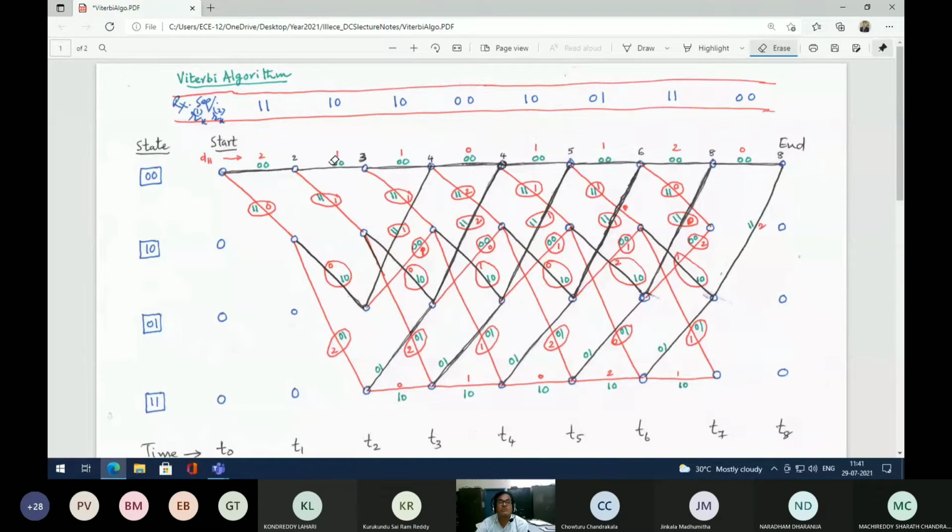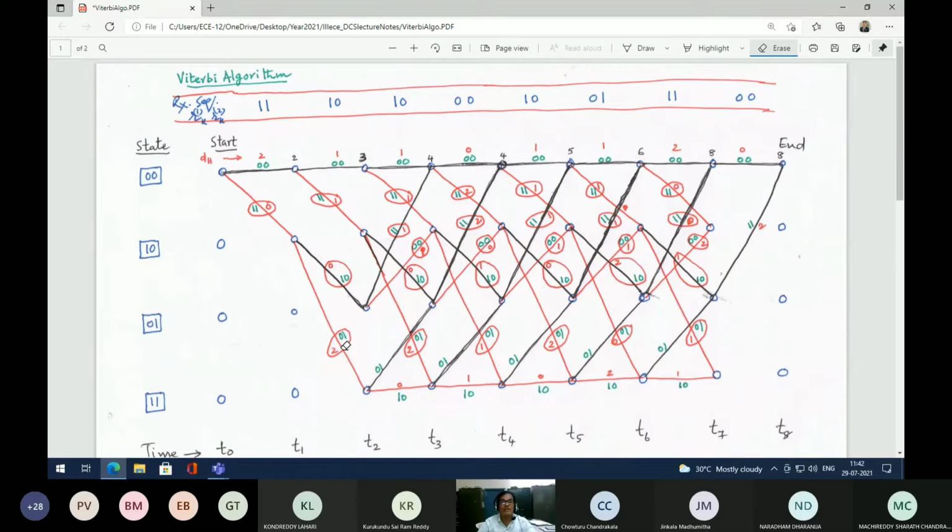Once it is there, now these two are over. Now coming to this branch and this branch. The number of changes is only 1 here, so the Hamming distance is 1. And here 1, 1 and 1, 0 are compared. The Hamming distance is 1. This branch also pertains to this. So 1 0 is compared with 1 0, so the Hamming distance is 0. Then 1 0 is compared with 0 1. They are not tallying, so the Hamming distance is 2 here.